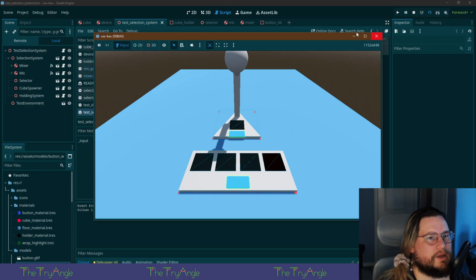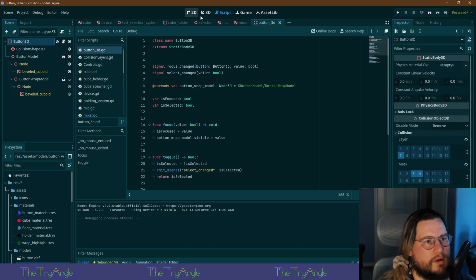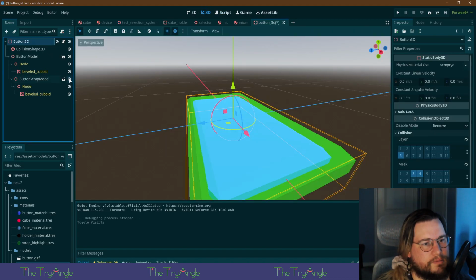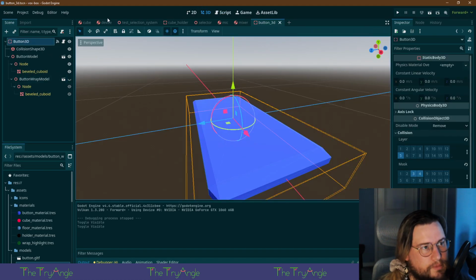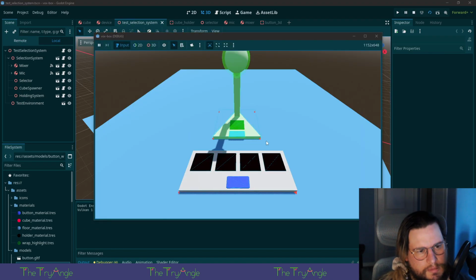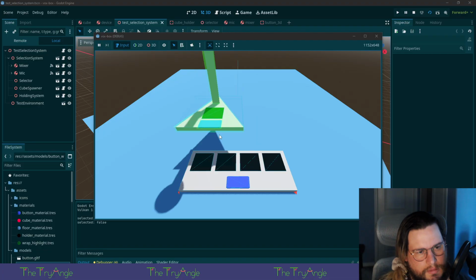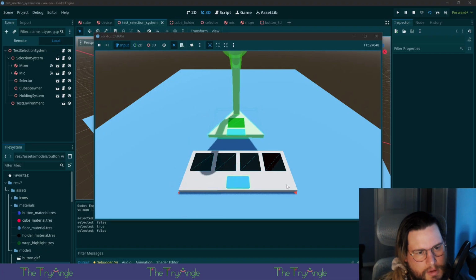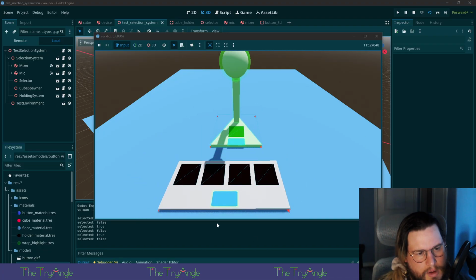It's still highlighted. Highlit. Lol. All right, now it remains.